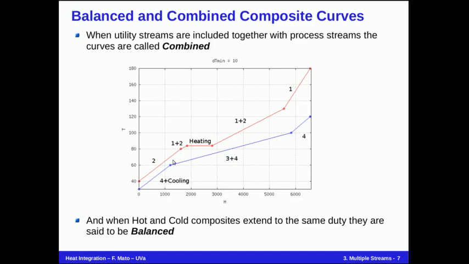And in the cold combined composite, you can get the cooling inside. 4 plus cooling here, 3 plus 4, and 4 stream here. And if the duty, the enthalpy extension of both composite curves, are the same, they are said to be balanced. Balanced combined composite curve. For example,